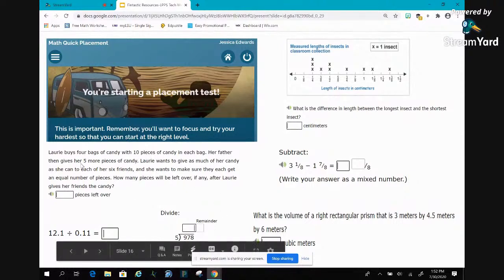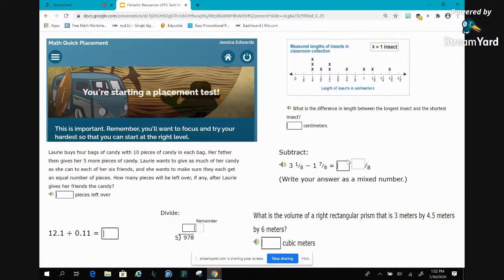So they have word problems. They have procedural problems right here. And they do have application problems as well. Sometimes the students will have to type in an answer. Sometimes they'll have to drag and drop, just depending on what it is. So some of them have charts. Some of them don't. Just depending on what it decides that they need to be working on.